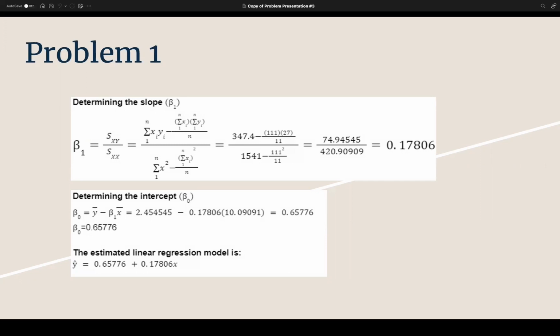For the second value, beta 0, or the intercept, we could use the formula beta 0 is equal to the mean of y minus beta 1 times the mean of x. This would give us a beta 0 value of 0.65776. Combining these values, we can now produce the linear regression equation, y equals 0.65776 plus